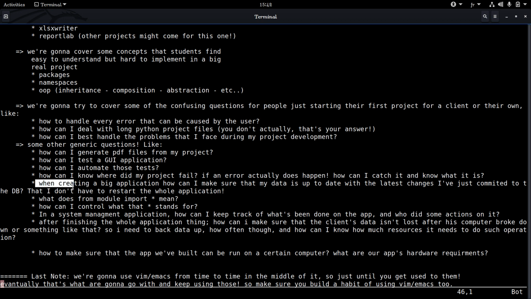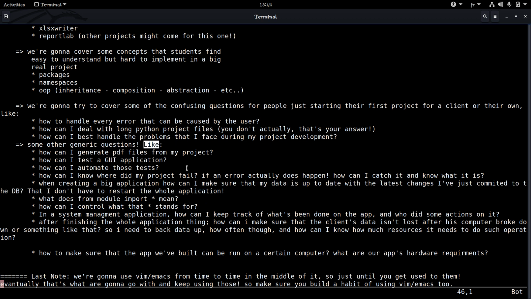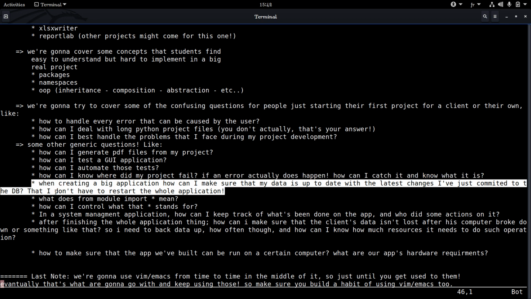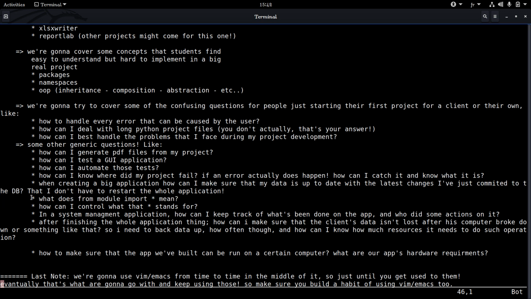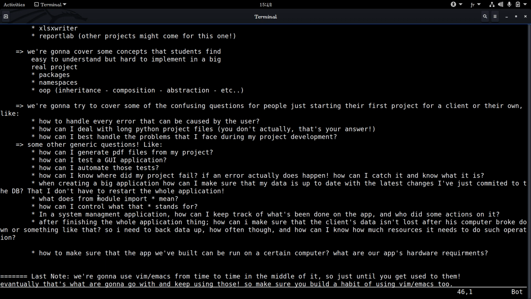This is a more generic question, actually. This question is for people who have built some application before, but every time they commit something to their database, they have to restart it. That's actually stupid, because if you use OOP and you know what you're doing, you don't have to do that, which is actually easy. I'm just bringing that up, and I don't know if someone does that, but because I thought of it,